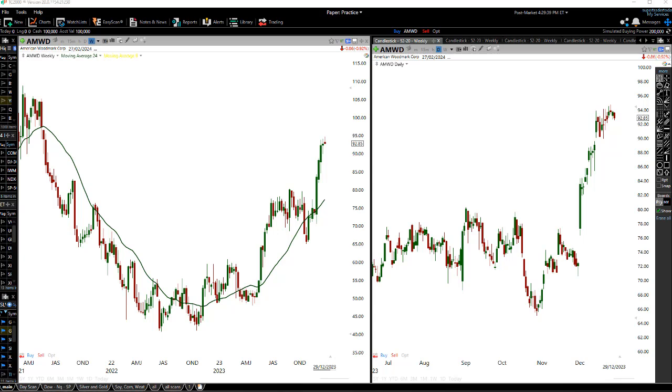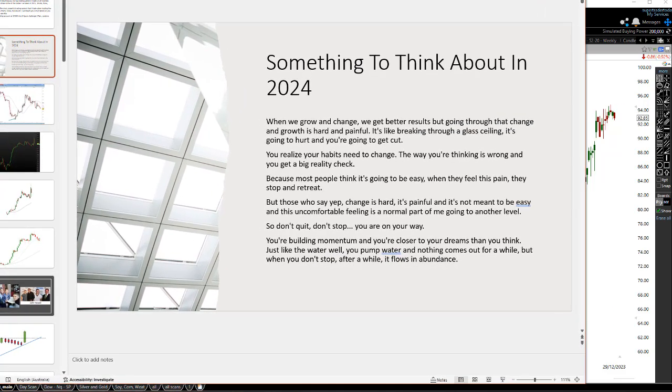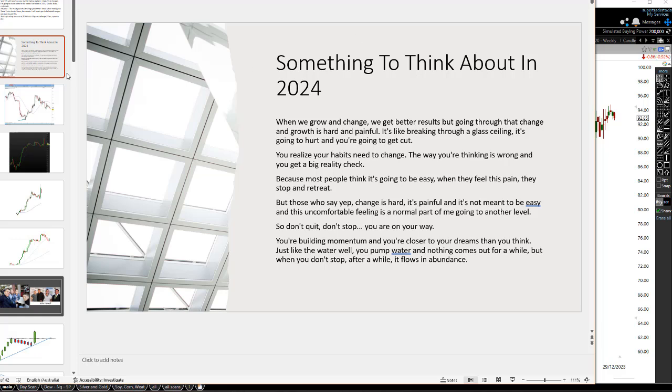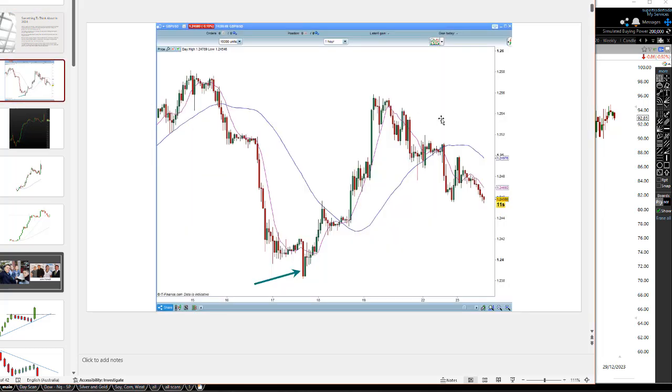So I want to talk to you about different false breakout patterns that can happen in the markets. Let me bring this over here for a minute. Okay, so I want to talk about different false breakout patterns from here. There are a lot of times when you might think, oh, it's breaking out and it's likely to go for a run, but guess what? It's a false breakout. And there are a few different types of false breakout patterns that I really want you to be alert to. The first breakout pattern is when the market, and this is an example of a Forex chart,